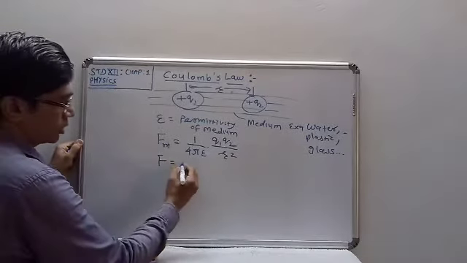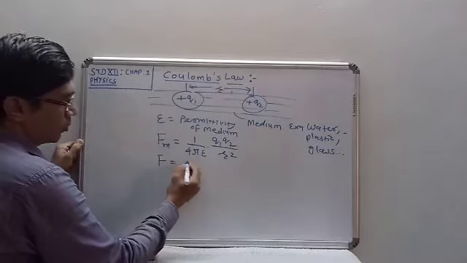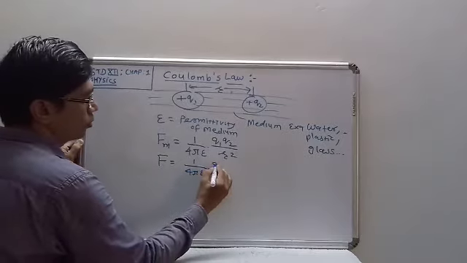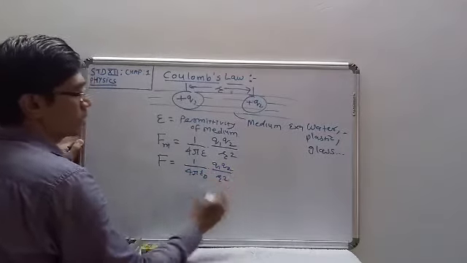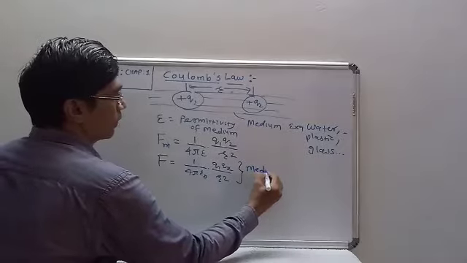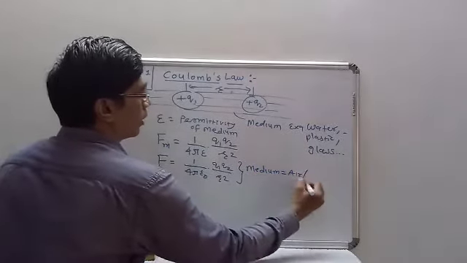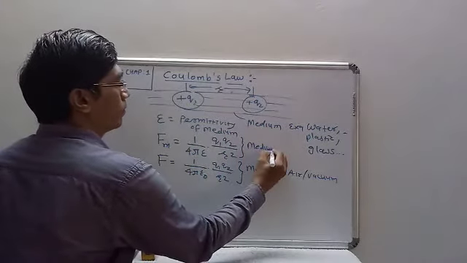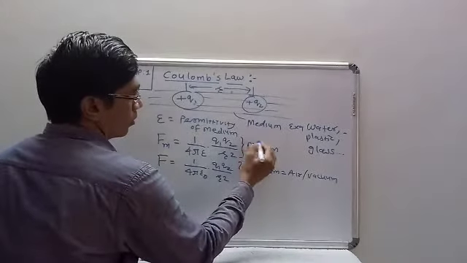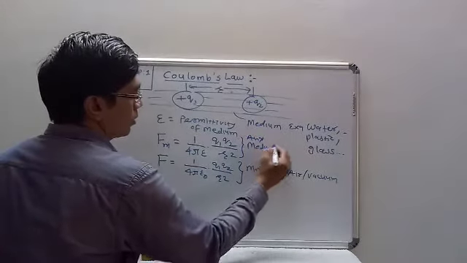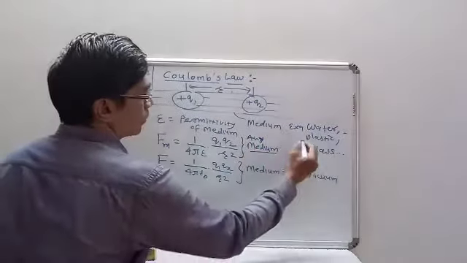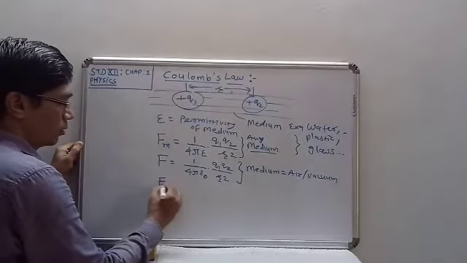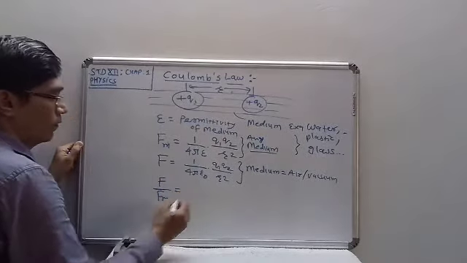In the case of the charge in the air medium, we take F is equal to 1 upon 4 pi epsilon 0 Q1 Q2 upon r square. Here we are taking the medium as air or vacuum. Here we are taking any medium like this. Okay, then if you take the ratio of these two equations, F upon Fm, we are getting